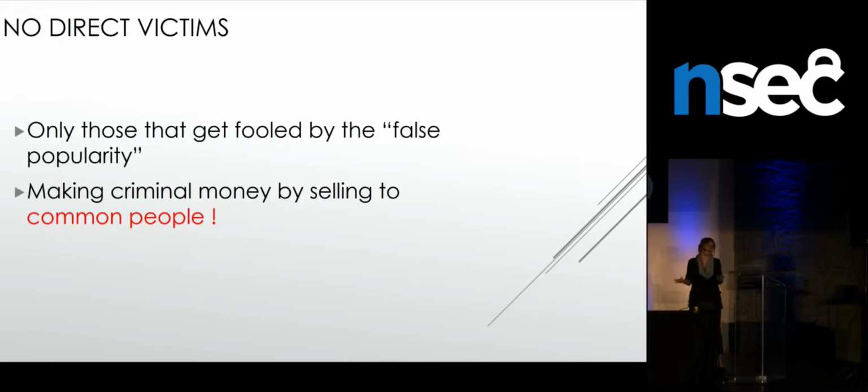But in the end, who will cry for advertisers, right? And we know that the operators are making lots of money by selling to common people. So that's one thing that we have to assess as well. And the fact that they're not criminal partners in the underground forums, trying to deal credit cards and stuff like that. In the end, they're just selling the service to a Miss and Mister who are buying it with legitimate credit cards. It shows you how no money laundering is possible just through the buyers that we've accessed now.